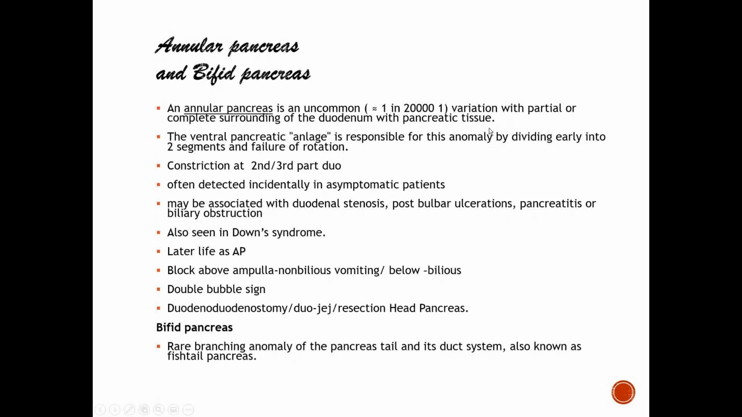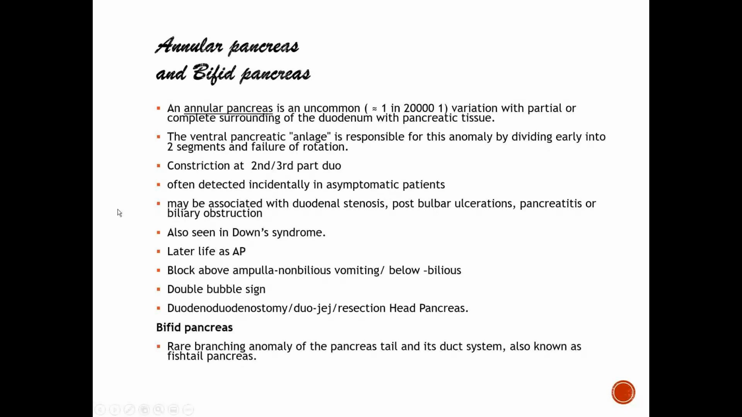Deficient in the sense that the ventral part remains there, dorsal remains there, and instead of the whole ventral going behind and sticking and the rest of the circumvallate duodenum remaining free, there is a circumferential, either partial or total, pancreatic tissue surrounding the duodenum, forming a constriction at the junction of the second and third part of the duodenum, right? Often detected incidentally in asymptomatic patients, but the patient may be symptomatic, presenting with duodenal stenosis, post-bulbar ulcerations,